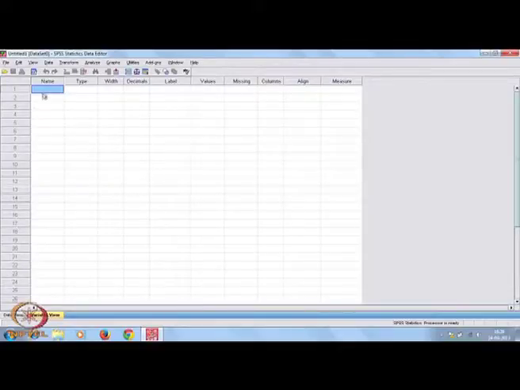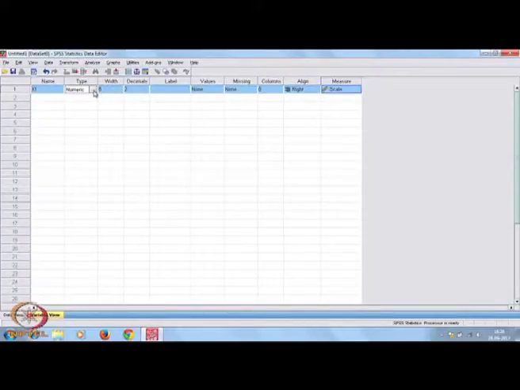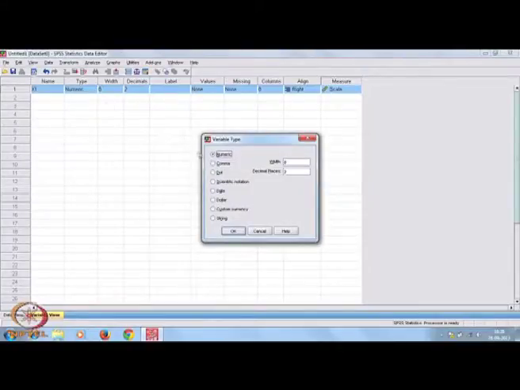So, you come first to the variable window and create some variable, for example, x1. Then what type of variable is it? If you click here, you will find out that the variable type can be numeric, comma, dot, scientific notation. So, whatever way one captures data, that is given here.